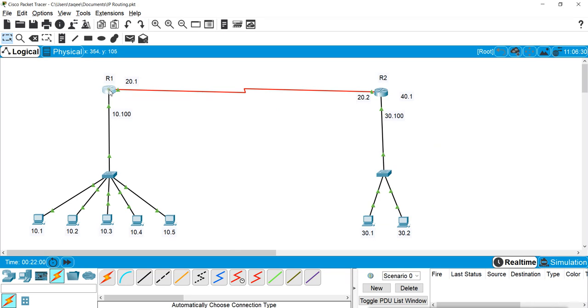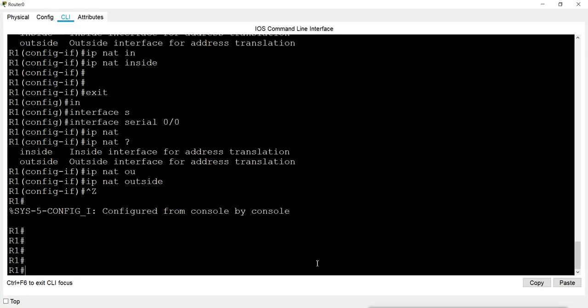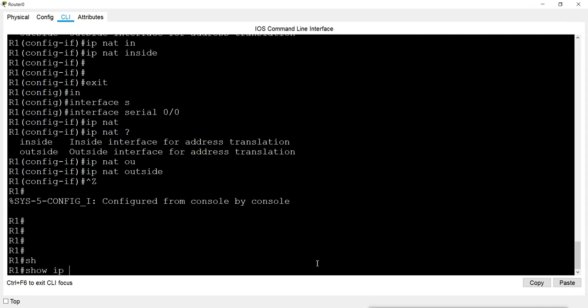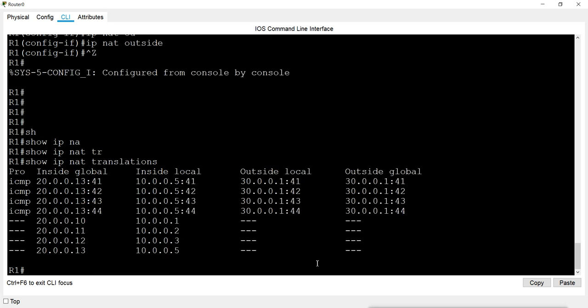Now we can verify by using show IP NAT translation. You can see these global addresses, and you can see that outside local and outside global are the same, because these are the outside machines on the WAN network with which we are doing the connection.